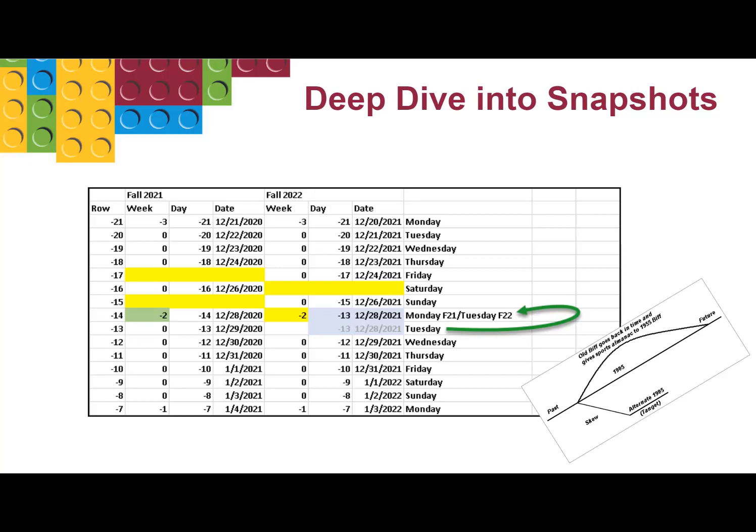Another thing that I love to use this query for is to help me see when snapshot dates were missed due to maintenance days or holidays. Around the Christmas holidays is a perfect time to see that. It gets really messy during that point in time. So one of the anomalies that you'll see here is that,